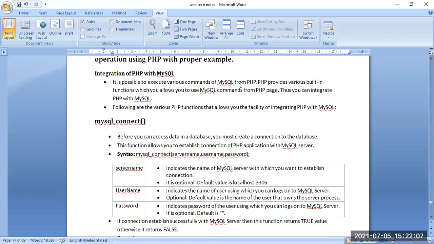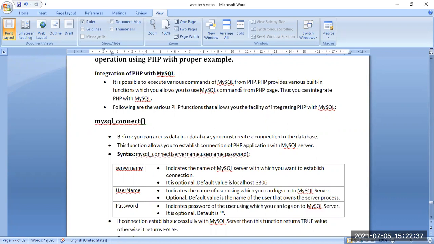From the word connect, we can understand that it will connect the database or MySQL with our PHP scripting language. We can create a connection into our database. So two things can be done with the help of MySQL Connect. First, we can access the data in the database, and we can create a connection into the database.